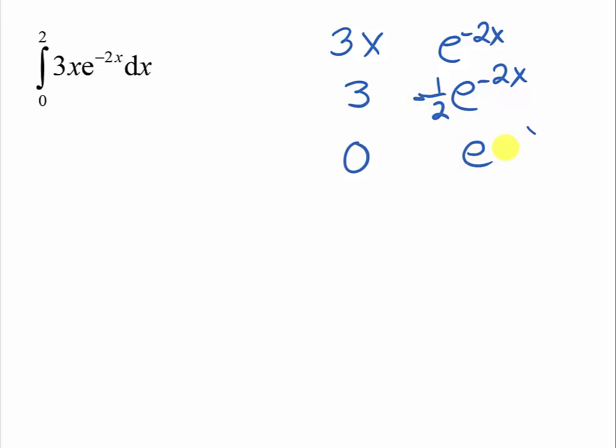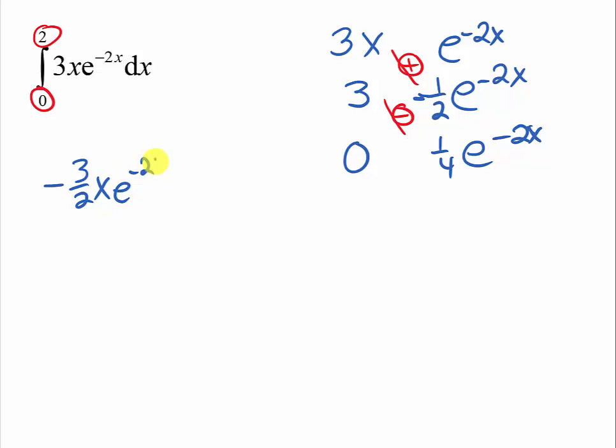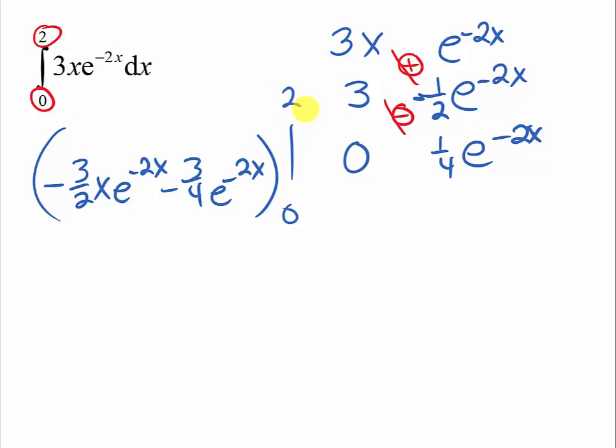And then e to the negative 2x, and I need the reciprocal there again, so that'll make that one a 1/4. Okay, so this makes this a plus, this one a minus. This time we have a definite integral, so it looks like I'm going to have negative 3/2 x e to the negative 2x and minus 3/4 e to the negative 2x,